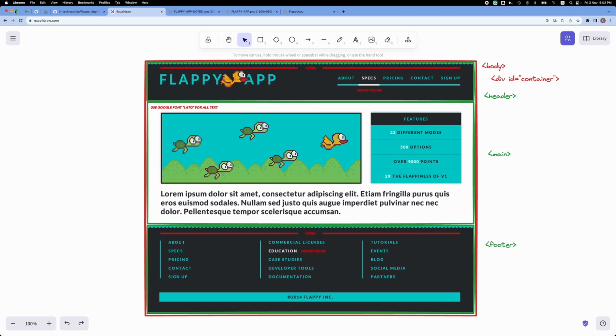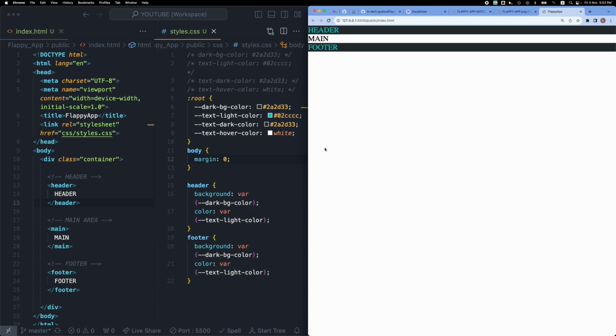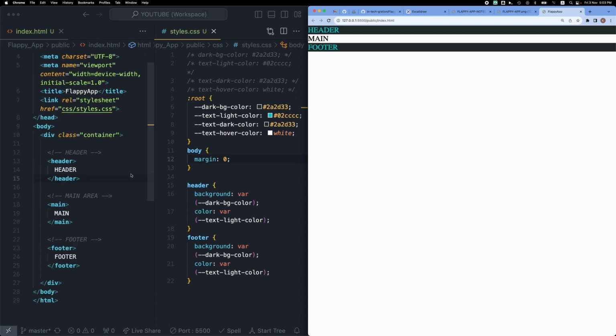So in order to do that, let me go here and move this once again to the right. For this one, I'm going to use flexbox. This particular case, it's really easy to implement this particular layout with flexbox. So what I'm going to do is set the container,